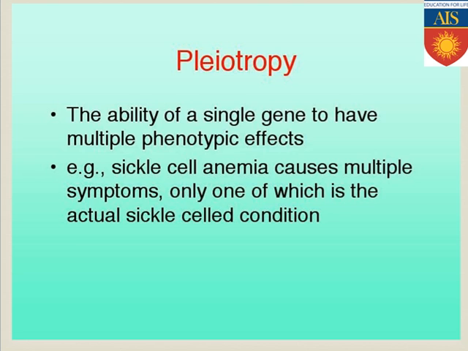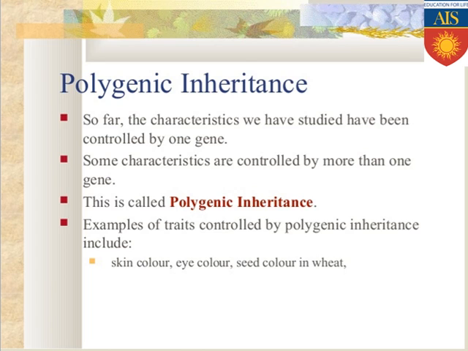Another exceptional case from non-Mendelian inheritance is polygenic inheritance. From the name you can understand polygenic: when multiple genes are responsible for controlling one feature, it is known as polygenic inheritance. It is not that all the alleles of a single gene control a single feature. Multiple genes are present and they control a single feature in a collective manner. So this is polygenic inheritance.